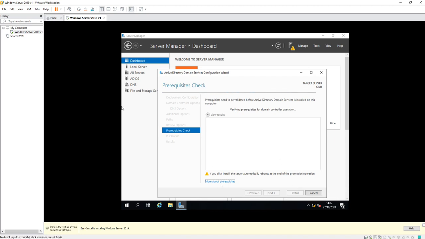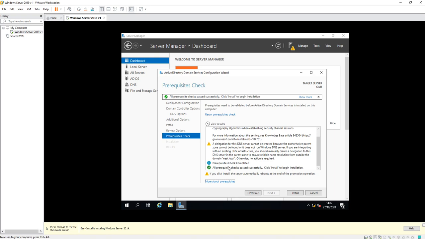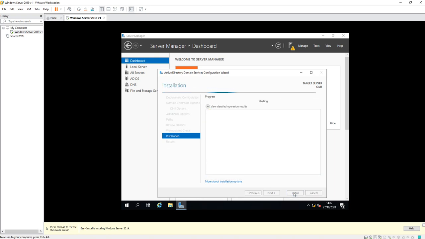So I'll just pause. And after a short amount of time, it's giving me some exclamation marks, but it says successful. These are related to DNS. I can't get on the internet and stuff, but it's successfully passed, so I can click install. Once I click install, this process takes a short while, and we've just got to wait for the installation to